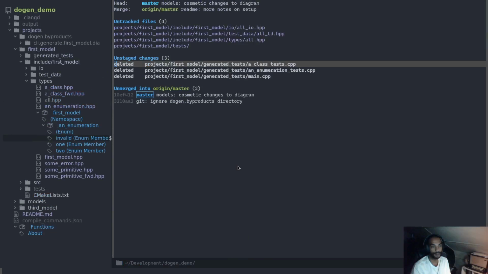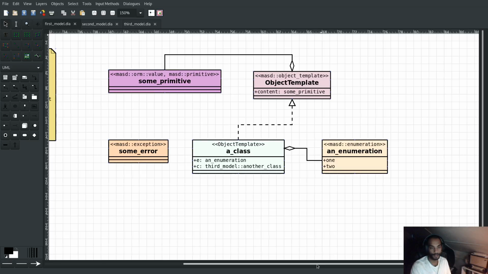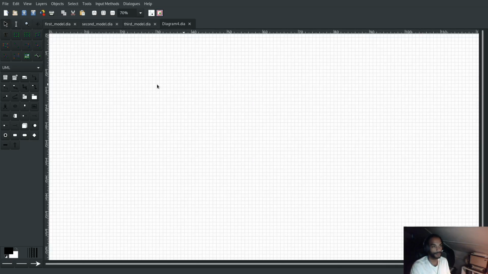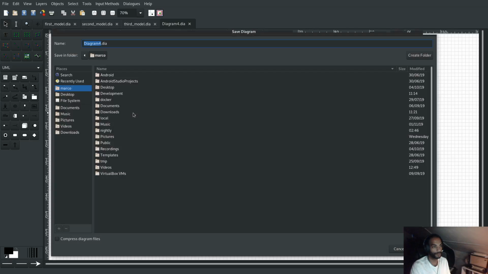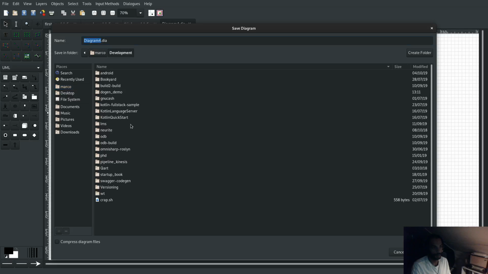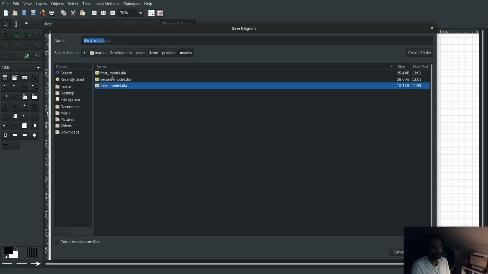The reason why that didn't happen is because in our demo project we just don't have enough data, I guess, for this to happen, because there's only two models, and so the first model is including the second model. So just to show this effect, we're going to create a fourth model, and we'll save this model in our demo project, which is Dogen demo. If I go to projects and models, and call this the fourth model,